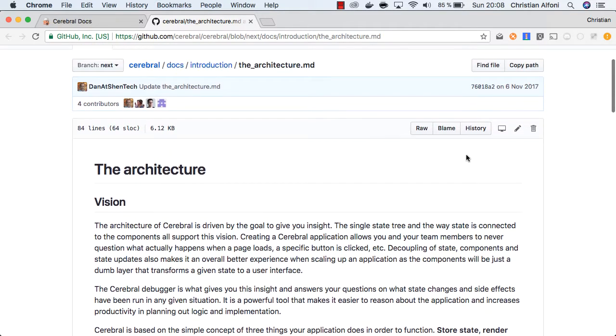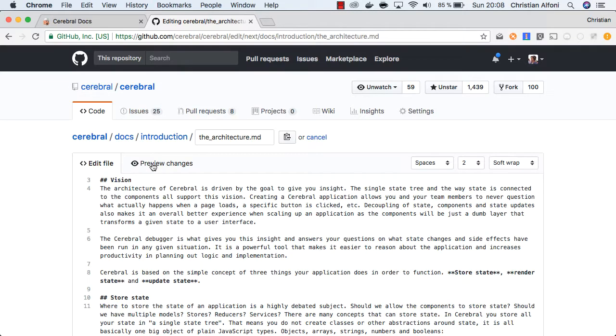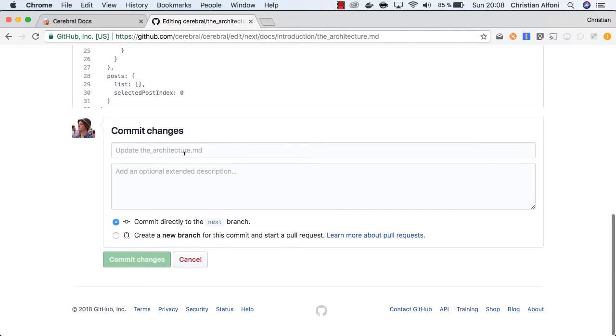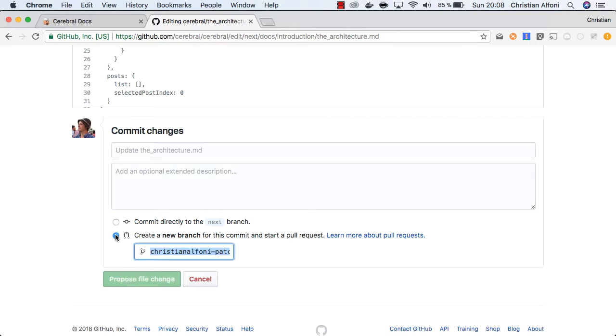So to actually make a change here, you click the Edit this file, and then you go in and you make your change. And you can preview the changes on this tab. And when you're done, you can write some information about why you made that change. And then you create a new branch to start a pull request. I think this is on by default, but because I am an admin on this repo, I have the ability to commit directly. But anyways,